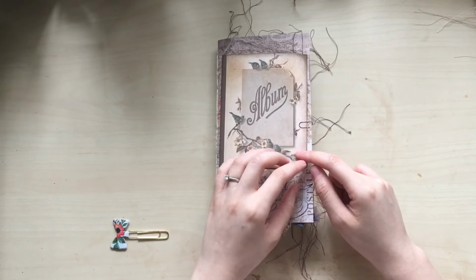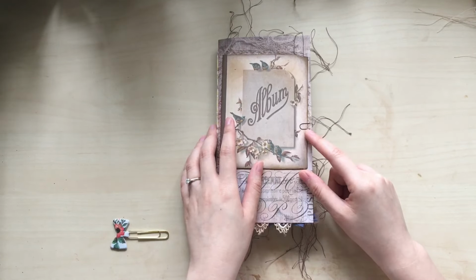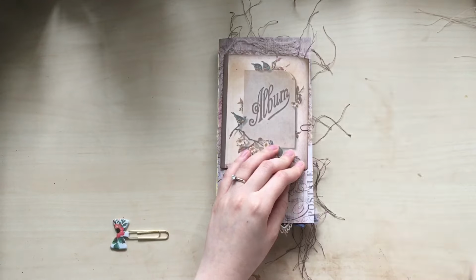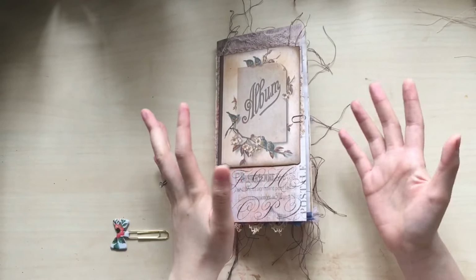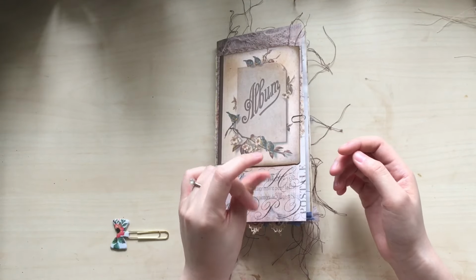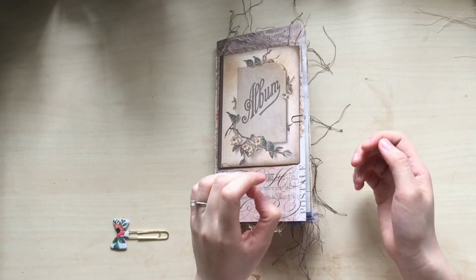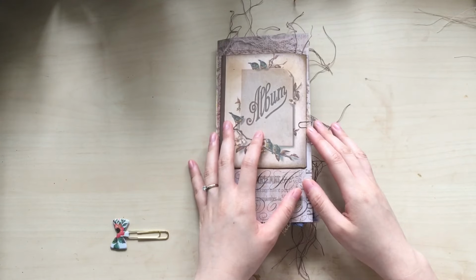Today I have another custom order preview, and this journal is for a lovely lady called Tina. I just finished it like yesterday, the whole journal and everything. Sorry it took so long, because recently I have a lot of custom orders to finish, and I'm 100% sure I enjoy doing all different kinds of custom orders because